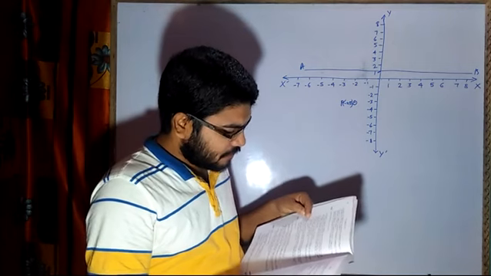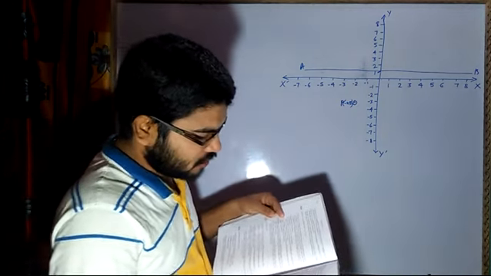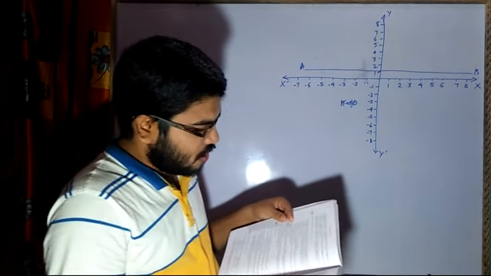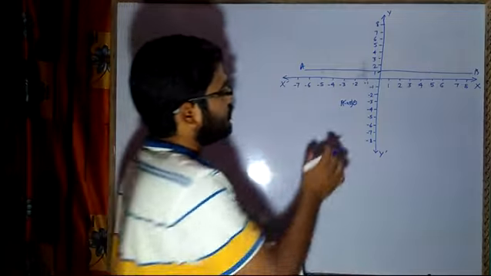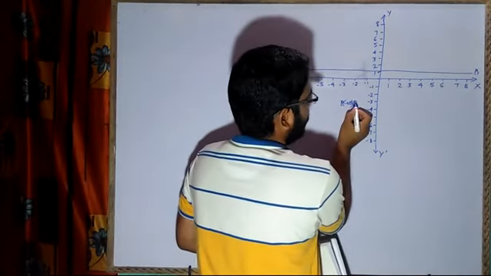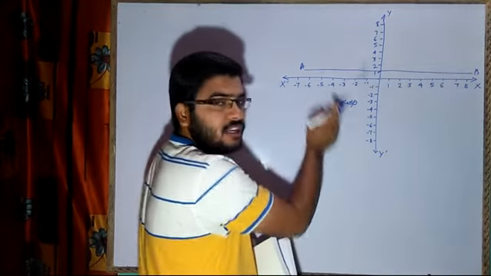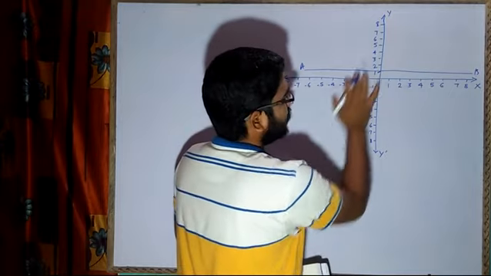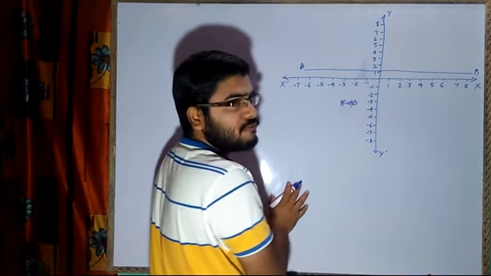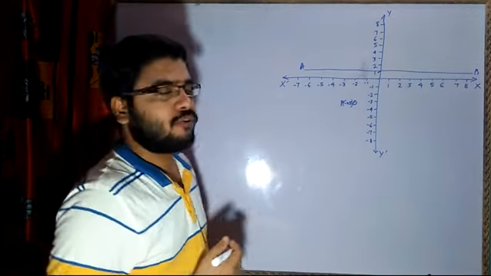After that, they are saying P dash is the image of P when reflected in the line AB, which is parallel to the x-axis at a distance of 1 unit on the positive side of the y-axis. What is the value of P dash? Now you know that to calculate the P dash value, you can directly use the formula, or else if you are not comfortable with that, you can just mark all these things on the graph paper. You have to draw all these details so that it will be clear for you.